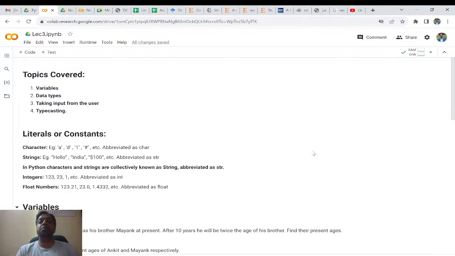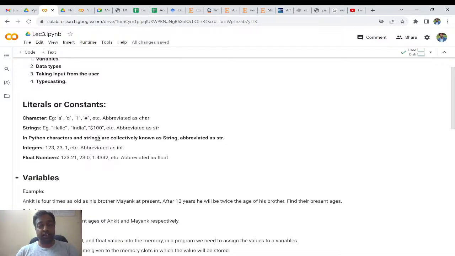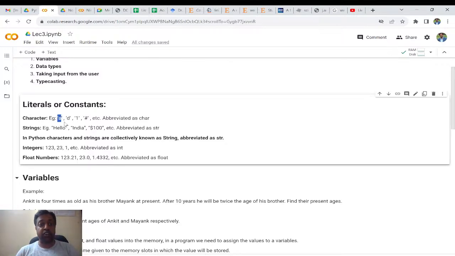Similarly, before starting any programming language, we should understand what type of information we may want to represent in it. As I discussed in lecture 1, the type of information that we may need to store in our program can be characters. Characters are denoted by a single alphabet, a digit,